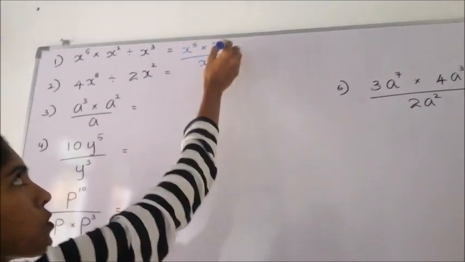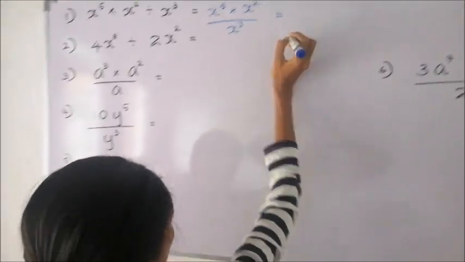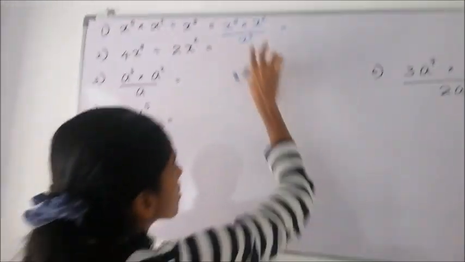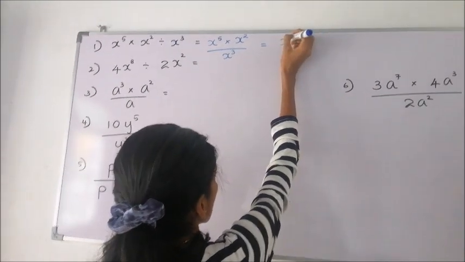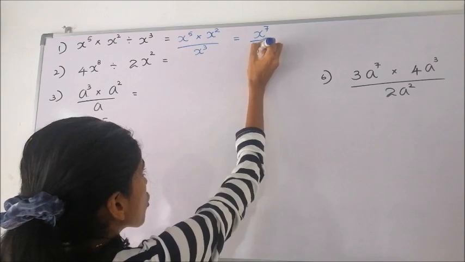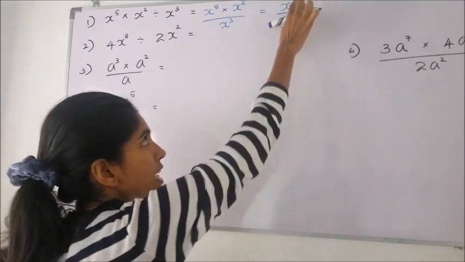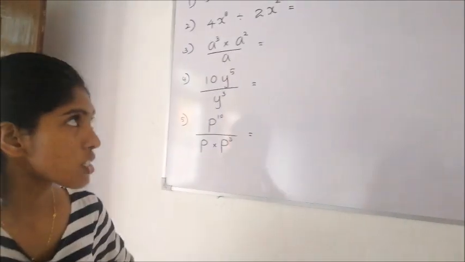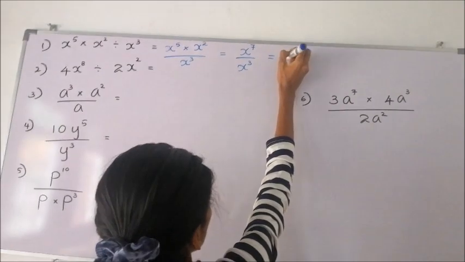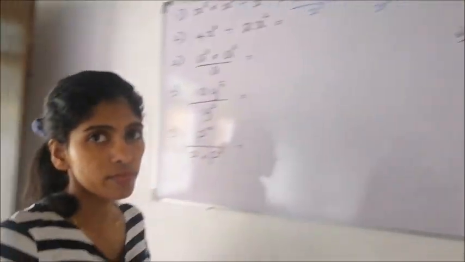Now we can see these two are multiplied. Recall the previous method that we followed for the products of powers. We know that these two indices should be added. They are with the same base now. X to the power 7. 5 plus 2 is 7. Now again it should be divided by x to the power 3. Now if it is a division, we know that the indices should be subtracted. That means from the top one subtract the bottom one. So from 7 when we subtract 3, 4 is coming.